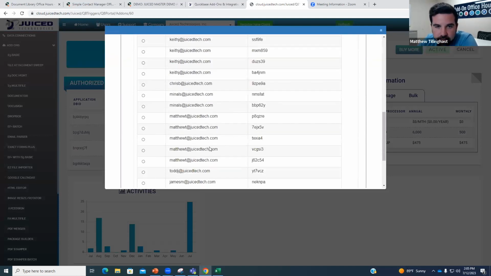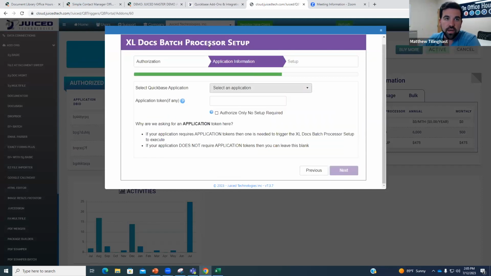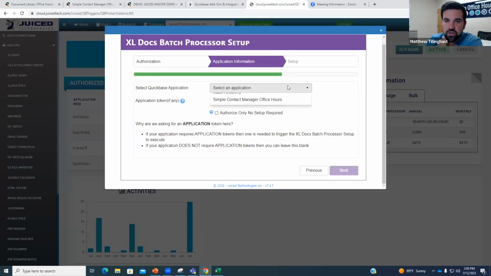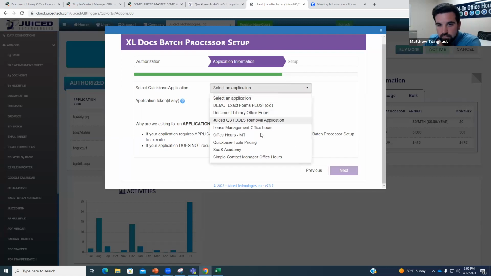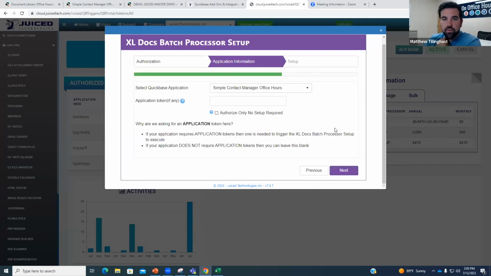So I'm going to go ahead and pick the user token that I have most recently, so I know that has access to one of the apps that I want to show you guys. What I'm going to do is I actually downloaded an example from the Exchange, really quick and easy, one of old Kirk Trakey's apps, and we're going to go ahead and just install it right into there. So we have the simple contact manager for office hours, so we're going to go ahead and pick that one,